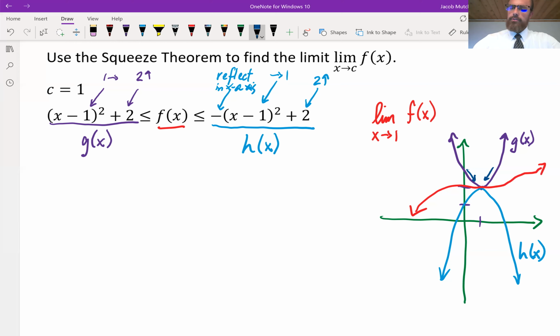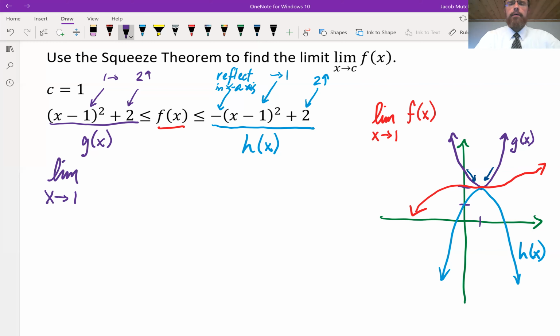The limit should be 2. Let me write it over here to the side. For g of x, the limit as x approaches our c value, 1,